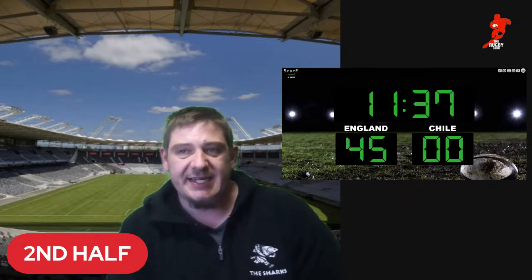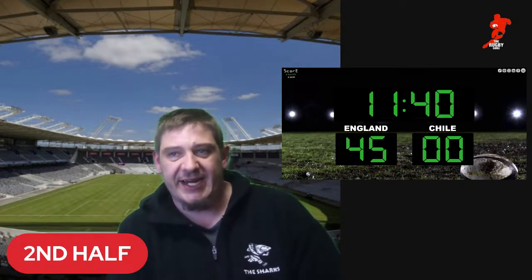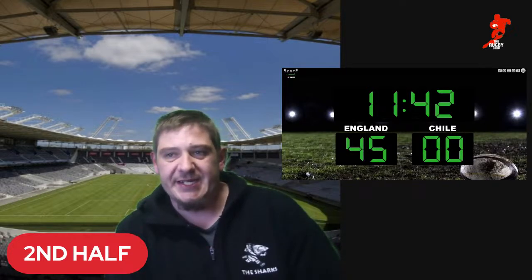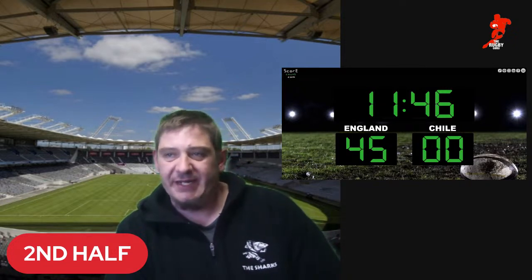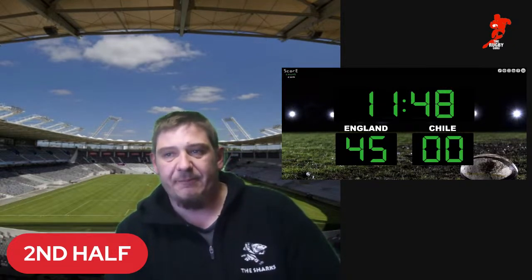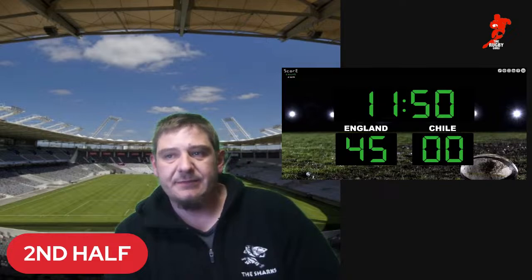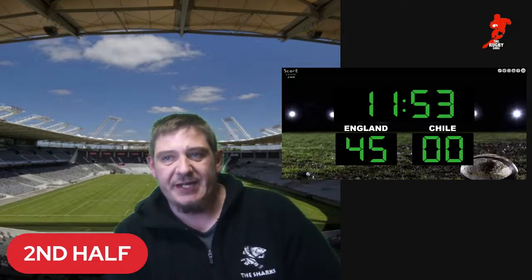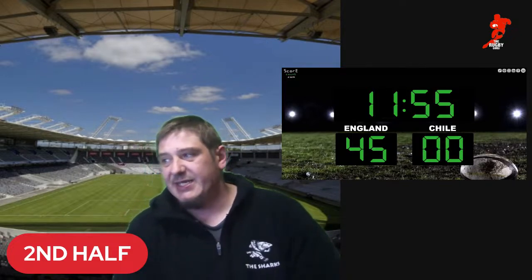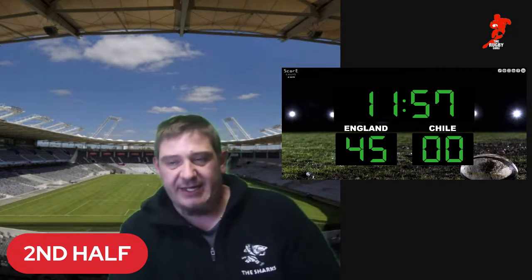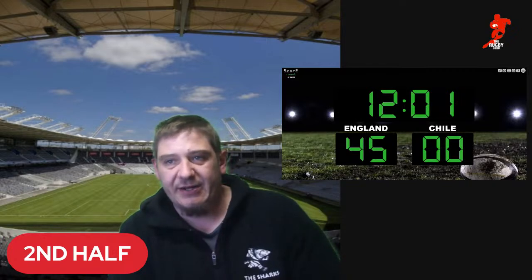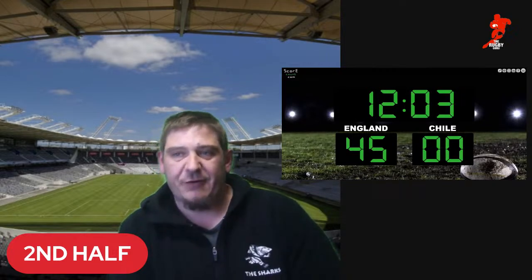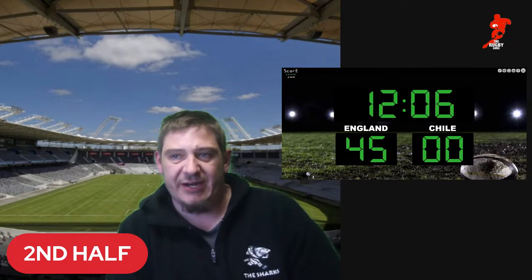Escobar sets that up. Got a Fulik now back to Segren. About 15 meters out from the try line is Chile now on the far side of the field. 10 meters out from the touchline. Ball comes back for Dahl now into the hands of Savadra, Clement Savadra that time. Now Karafulik, a little bit of a fumble there from him, just outside the 22 now as Jack Willis tries to get over that ball.